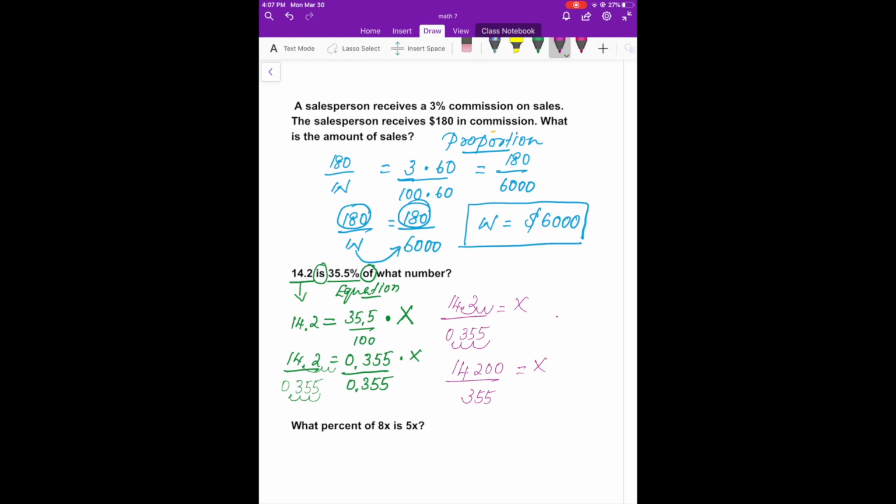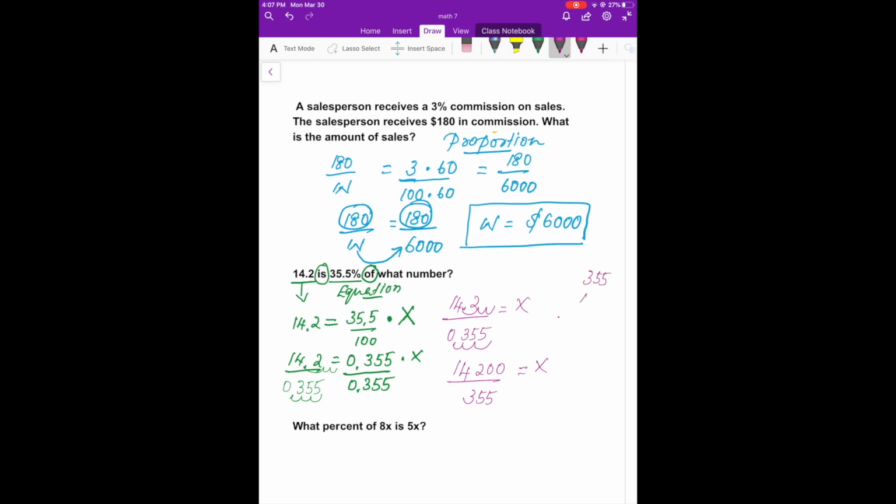That's a big number, but I think you will get a good answer because I can see 355 times 4: 4 times 5 is 20, 4 times 5 is 20 plus 2 is 22, 4 times 3 is 12, so 14,200 over 355 is equal to 40. So that means x is equal to 40. So the answer is 40. The 14.2 is